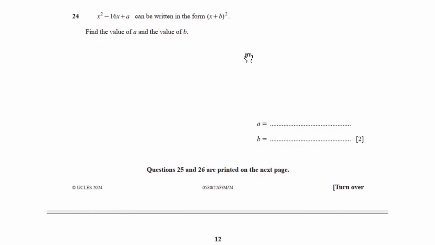Then question 24 says that x squared minus 16x plus a can be written in the form of (x plus b) whole squared. Find the value of a and b. So they're saying that x squared minus 16x plus a can also be written as (x plus b) whole squared. So if we expand the brackets on the right-hand side,